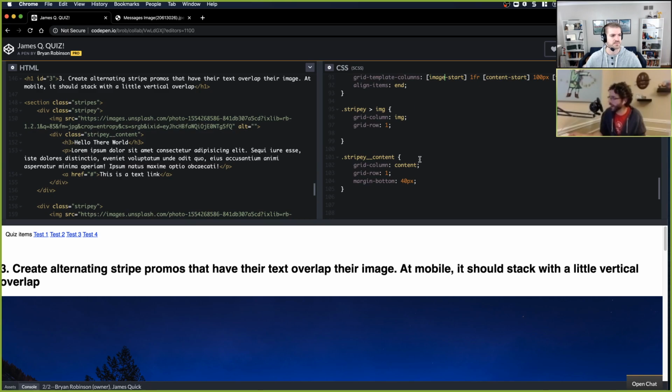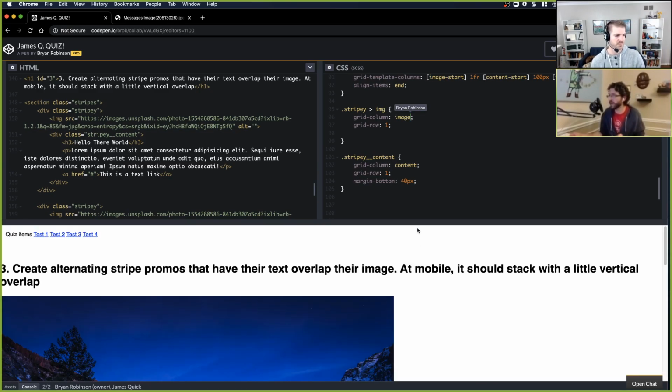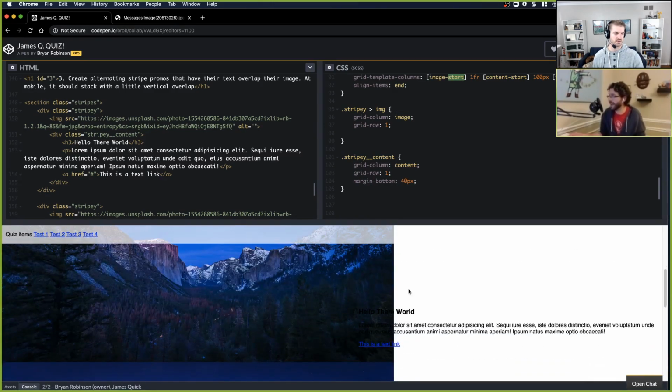Okay. So it worked before because it found your starting line and then it got a little confused, but it works now because it has that built in. So without start and without end, it can just assume that your start and your end are image start and image end. Built into the browser for CSS Grid, it does that. Sweet. That's really cool.